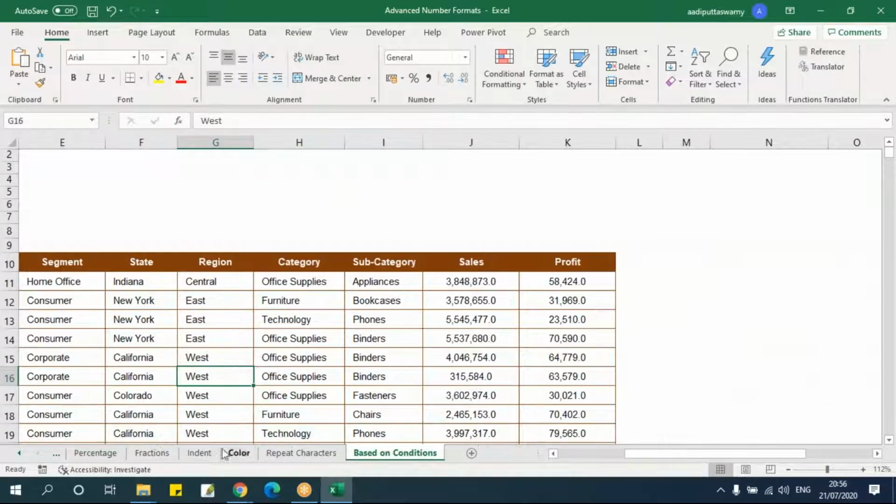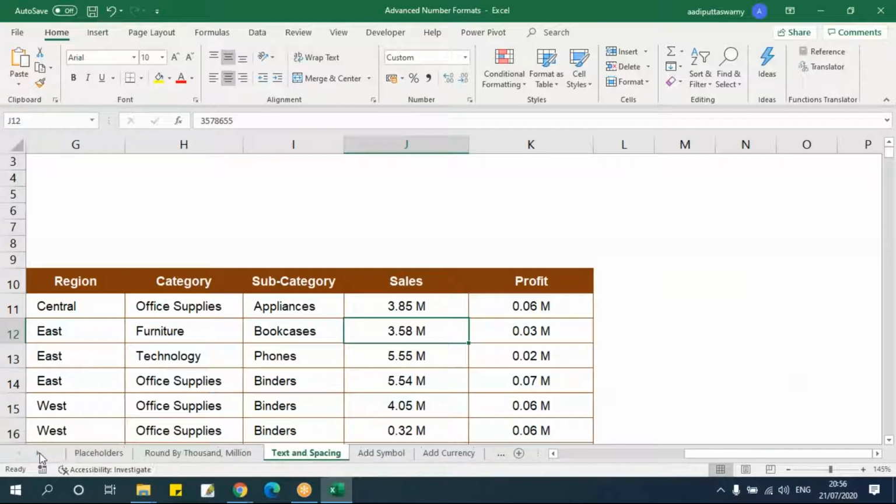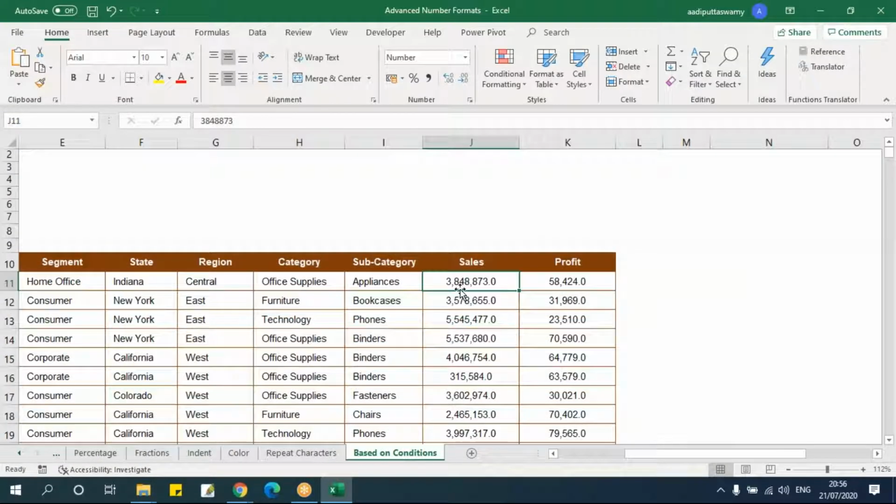Next, based on conditions, we saw that is if it is greater than or whatever. So here if you see, we just saw that somewhere, that condition putting that. So I'll put that here.